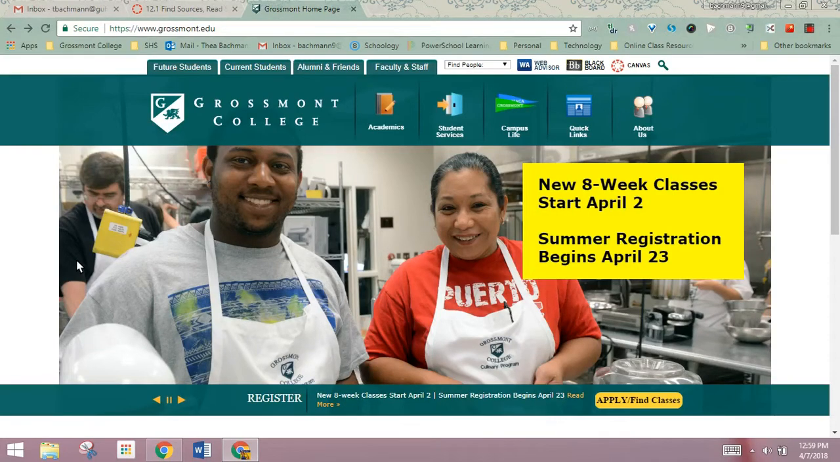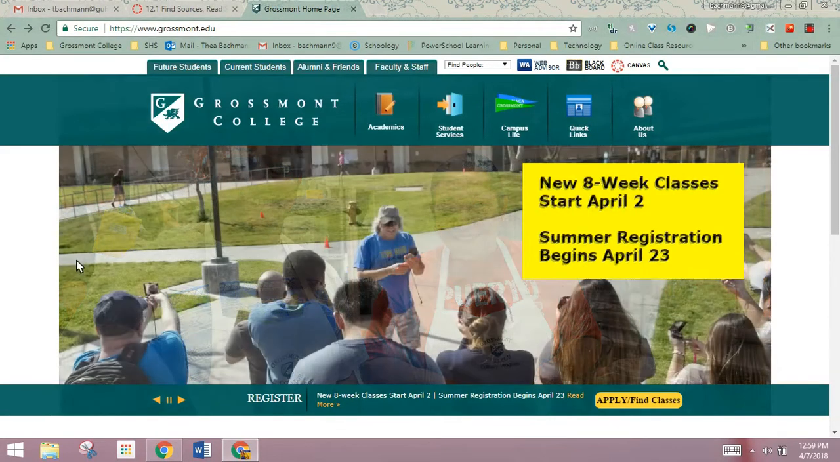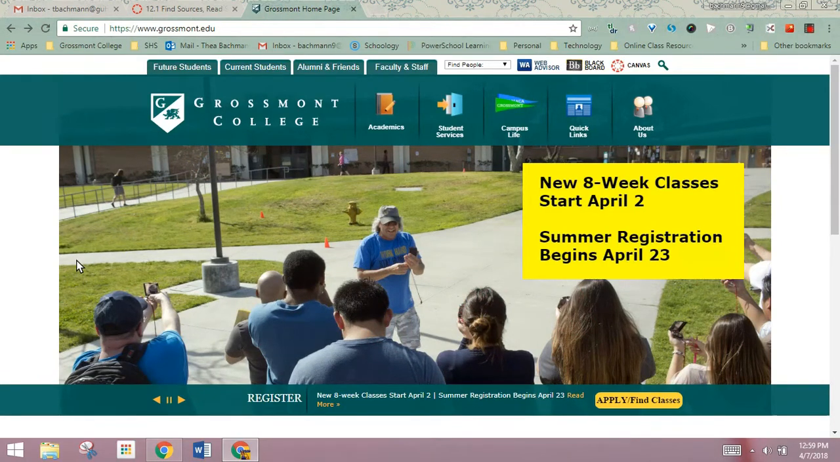Okay, our previous tutorial went over how to use limiters. This tutorial is going to help you actually navigate Grossmont's database, which can be a little tricky. So first thing you want to do is go to